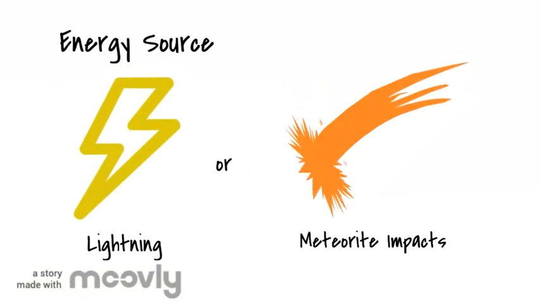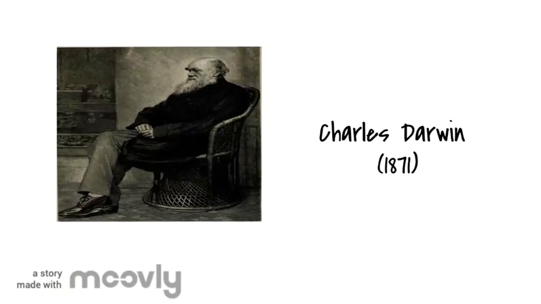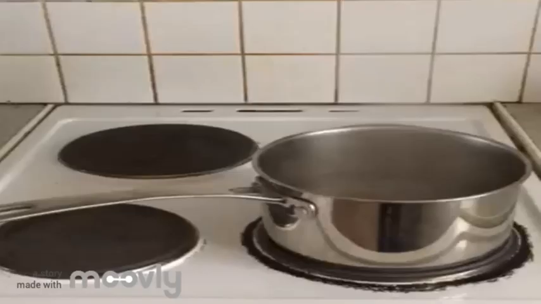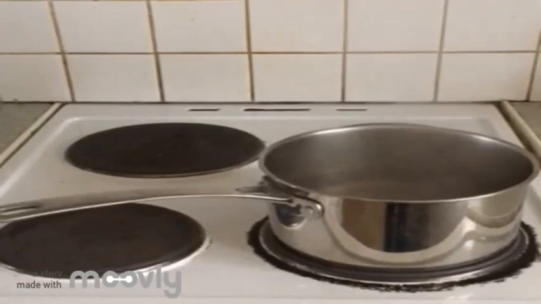The primordial soup theory was first coined by Charles Darwin, where he speculated that life began in a warm little pond with all these different chemicals present, plus light, heat, and energy. Leading on from Darwin's warm little pond idea, two scientists, A.I. Oparin and J.B.S. Haldane, studied and developed this model further by taking a closer look at the ingredients of the